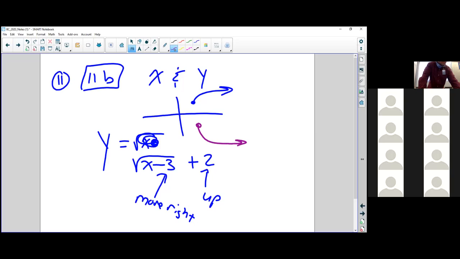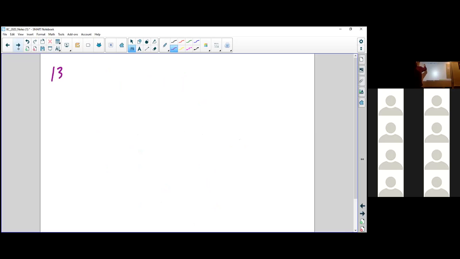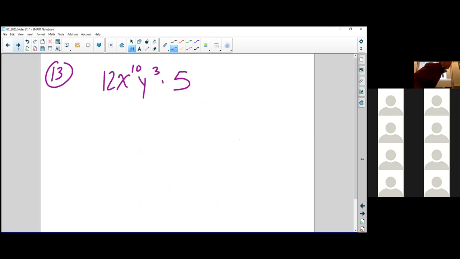Can you do, oh shoot, where is it? I just lost the page. Oh, can you do 13? 13. So is that the 12x to the 10th, y to the third? All that? Yeah. Okay. So number 13. Let's see, 12x to the 10, y to the third, x to the -3, y to the 5th, all over 8x to the 5th